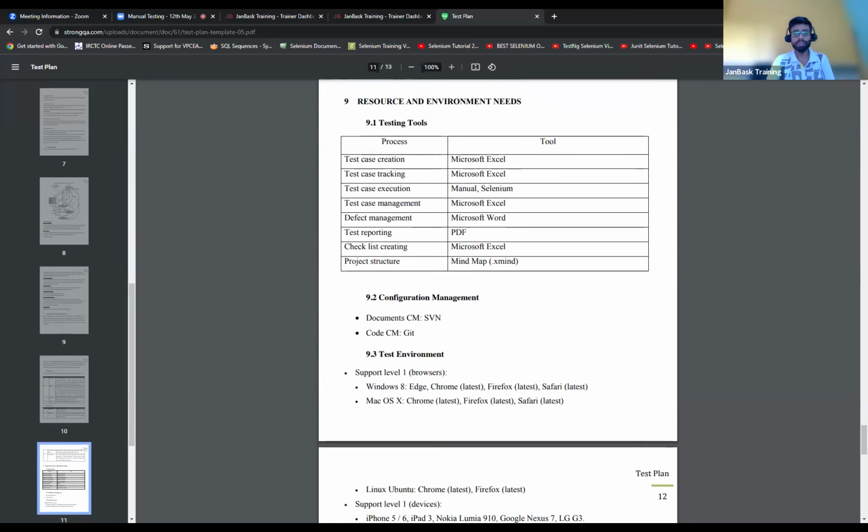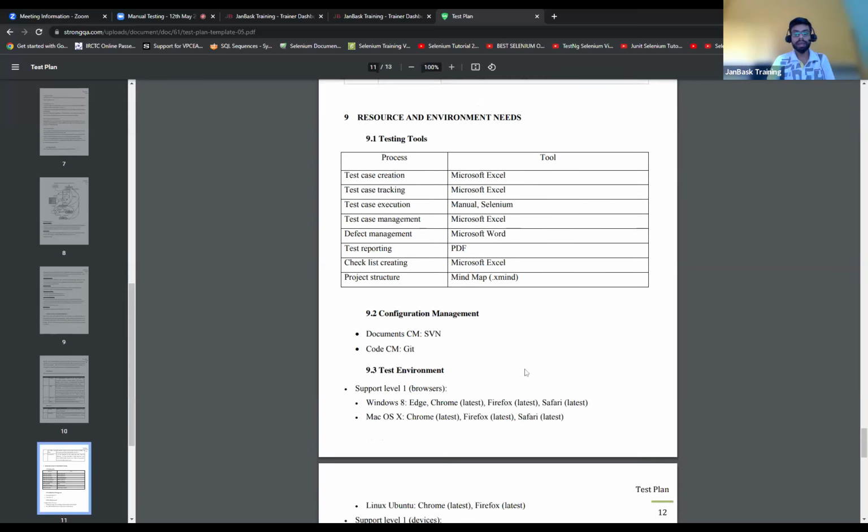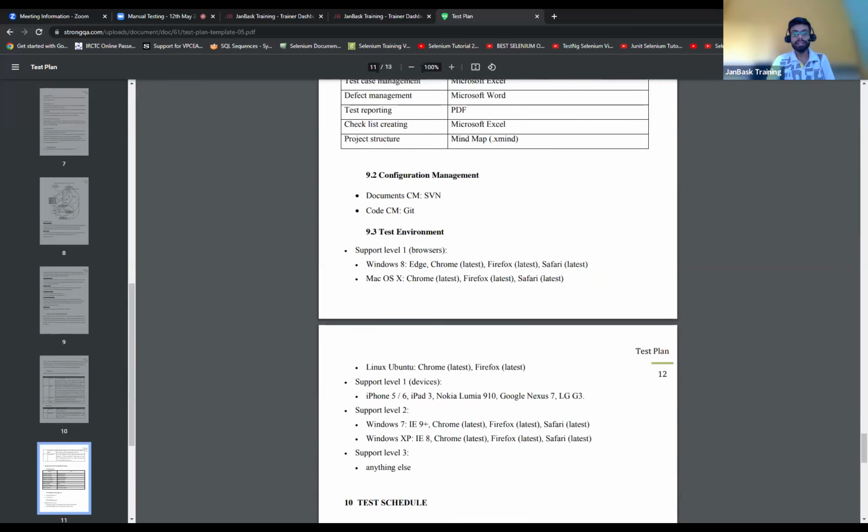And then the resources that are required. For the test cases, are you going to keep them in an Excel file, or are you going to use some other tool to write and keep your test cases, for defect management, and for test reporting? What are the tools that you are going to use? Those have to be mentioned here. And then the requirement documentation,